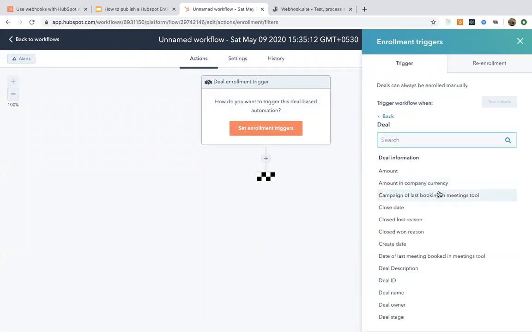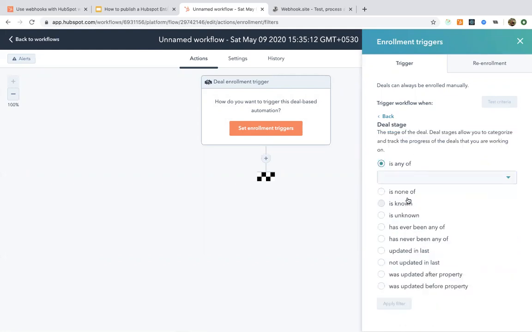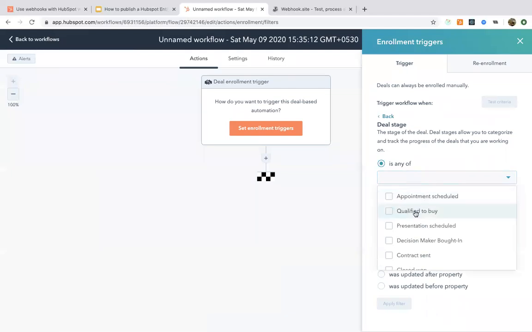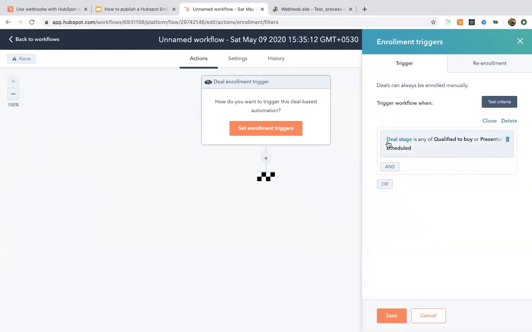On a deal, let's say deal stage is any of, say, qualified to buy or presentation scheduled, and you can add more. Likewise, you can add more filters, right? So this was on the deal stage, I can add more.